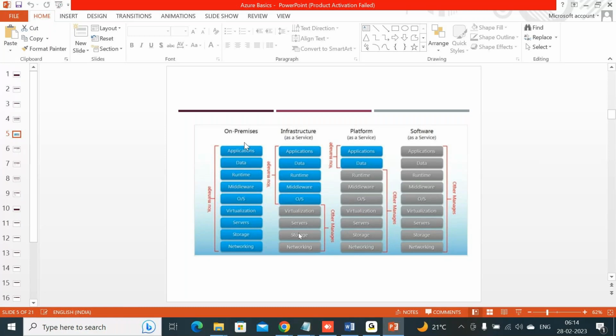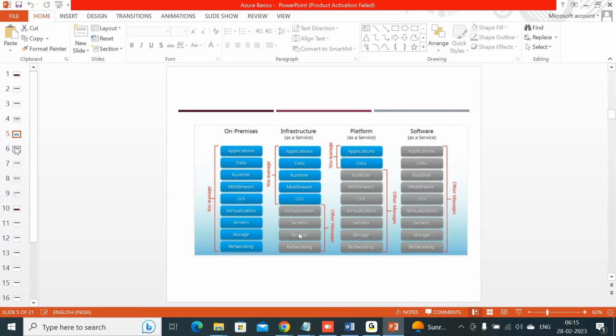So these are the major differences. This is an important question. What is IaaS? What will you manage? What is PaaS? What is software as a service? You need to say in infrastructure as a service, you manage the OS, middleware, runtime, application and data. In PaaS, application and data, and in SaaS, everything will be managed by the cloud provider.